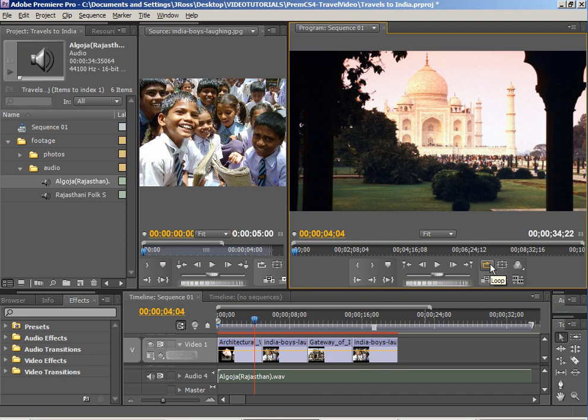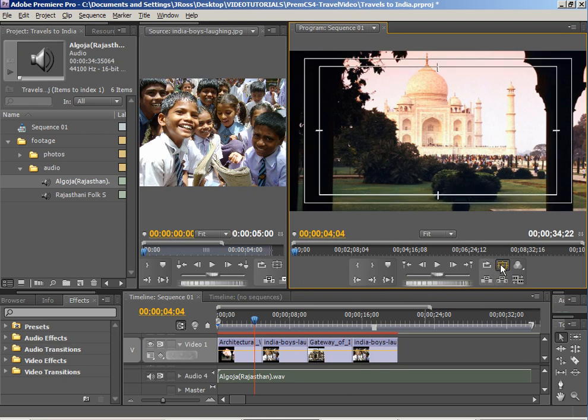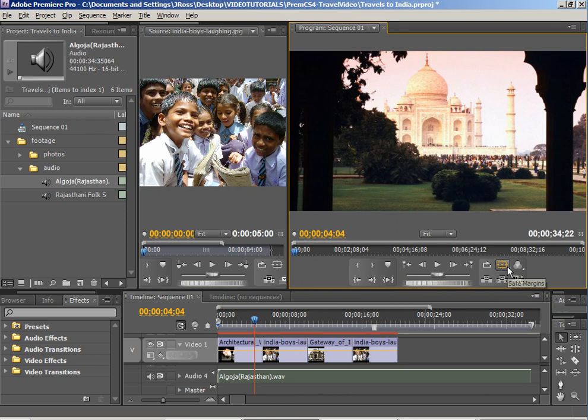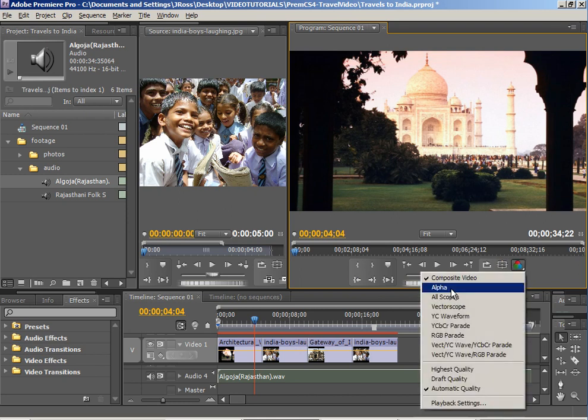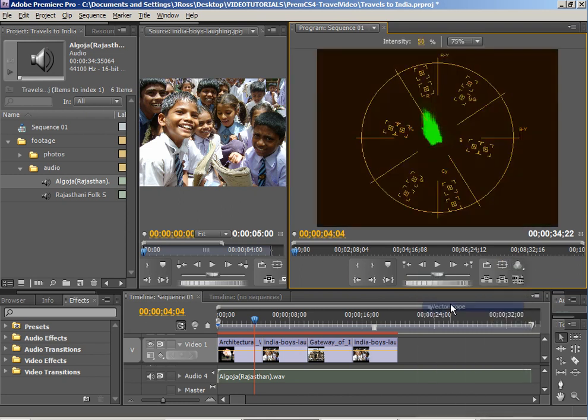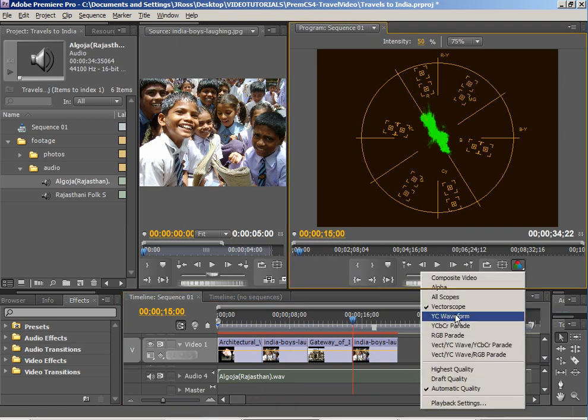The next controls we have here are looping and turning on our safe margins so we can see what's action safe and what's title safe. We'll use those later. We also have what output we want to see. If we want to see our alpha, our vector scope, which are the colors that we have in this particular video,